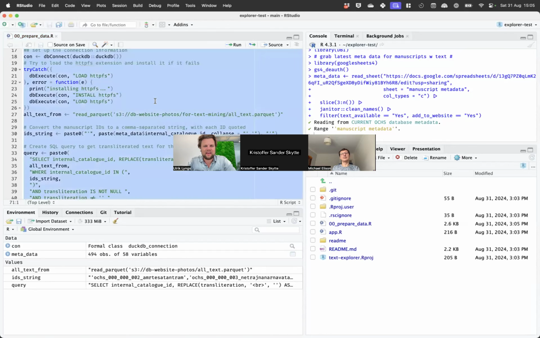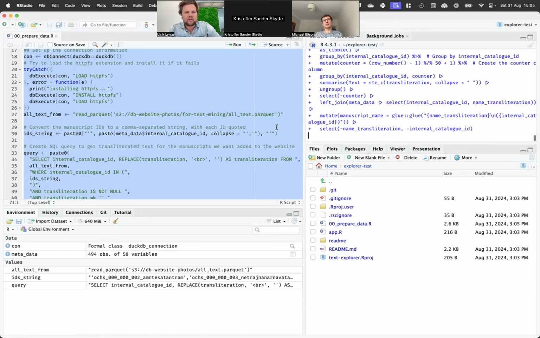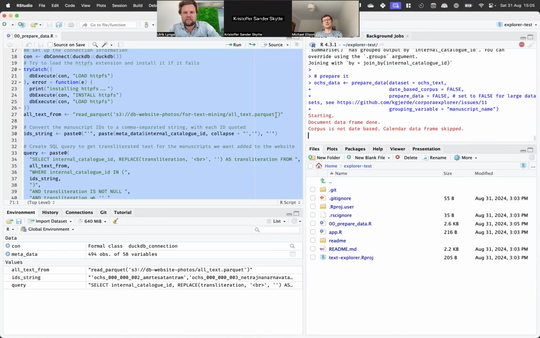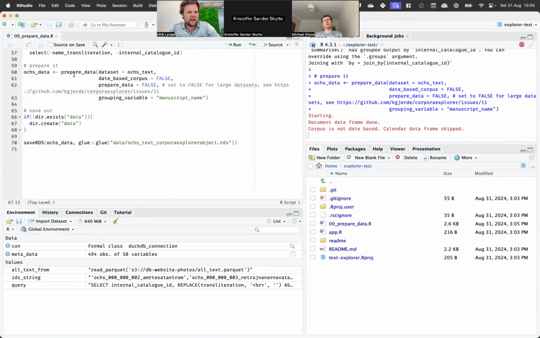Okay. Now, if I try to run it, we should be reading in correctly. Yeah, okay, so it's now trying to get everything from this Parquet file. It is then running this function, the prepare data function that I did not create. It's from the Corpora Explorer